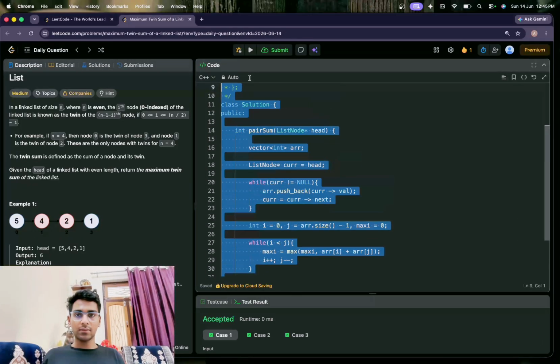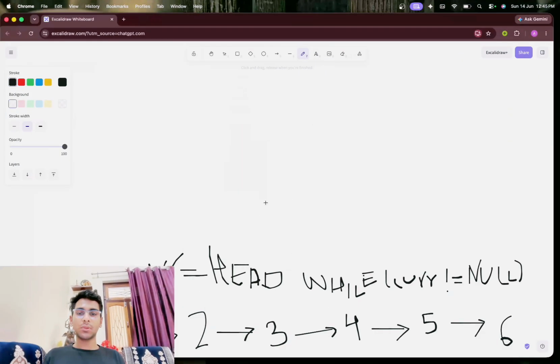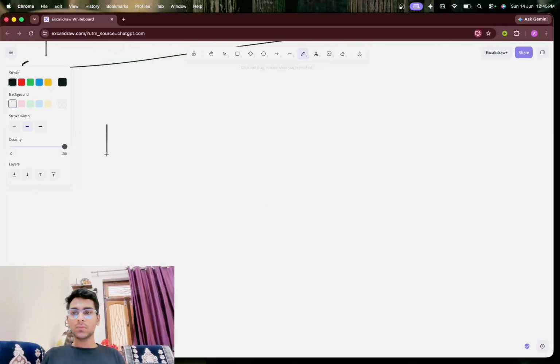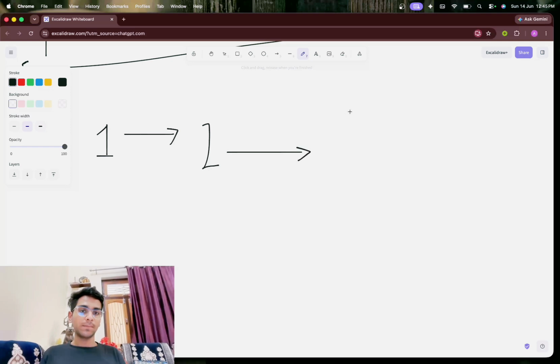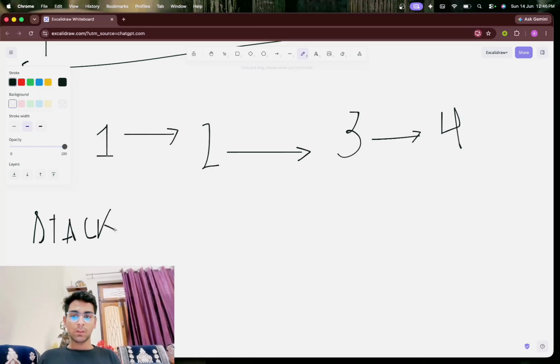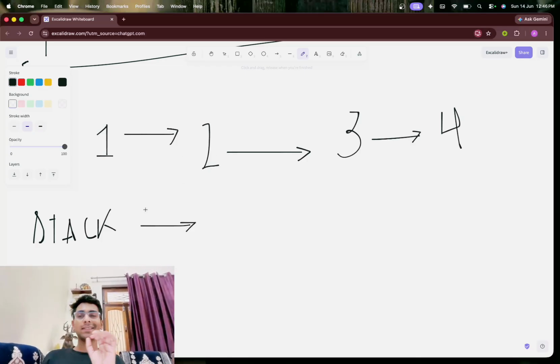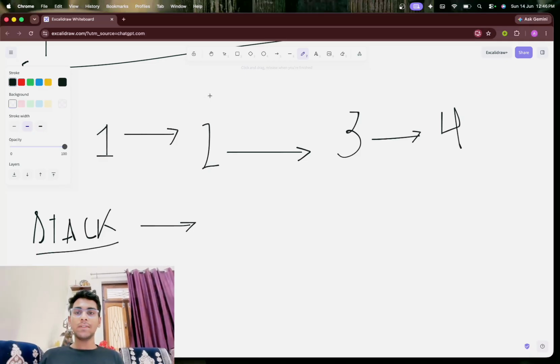Second approach is with the stack. So it is a kind of an improvement from the last approach. For example, we'll again consider a linked list. This is 1 pointing to 2, then pointing to 3, then pointing to 4. What we'll do is we'll create a stack, and we'll store all the elements into this stack. This is the same as the array approach, but it has a slightly different approach. So we'll traverse this linked list the same way, using the current variable like we used in the array part. We'll use the current variable, we'll traverse the linked list.